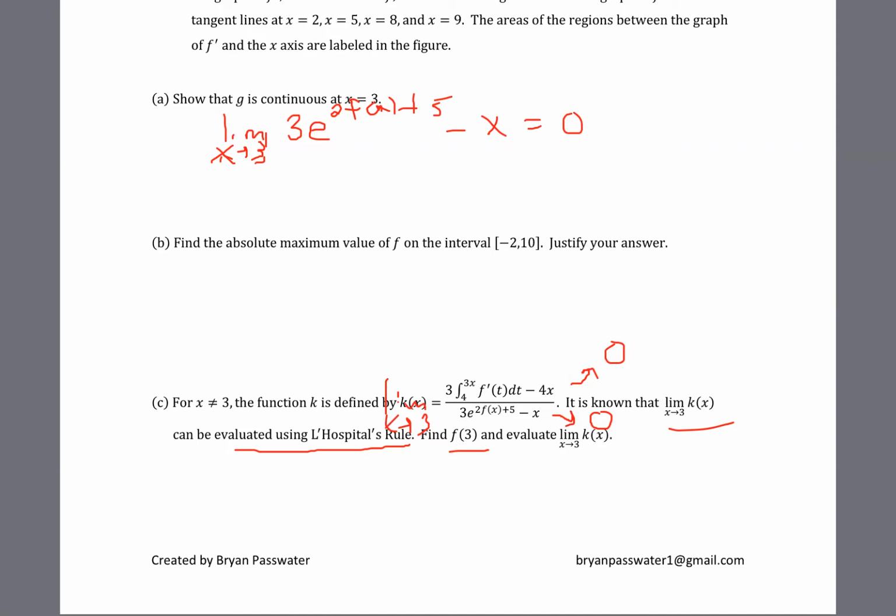That is what that tells me. So what that tells me is that this part here